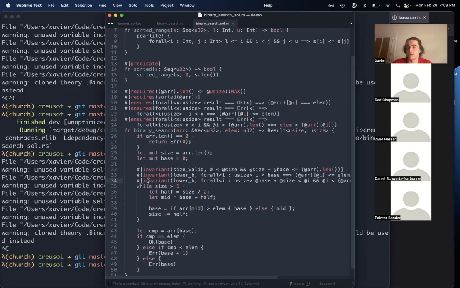So the prophetic model is very nice because the encoding somehow separates the spatial aspect, the structure of your heap, from what's inside of it, the functional aspect. So we get to eliminate all that stuff about memory and heap structure and memory models, and focus just on the fragment that corresponds to the behavior of your program.